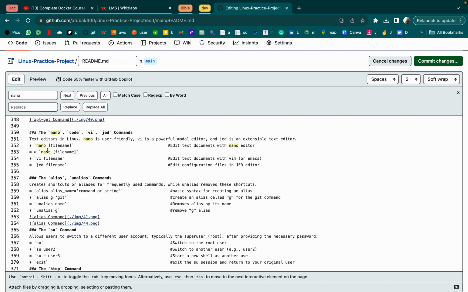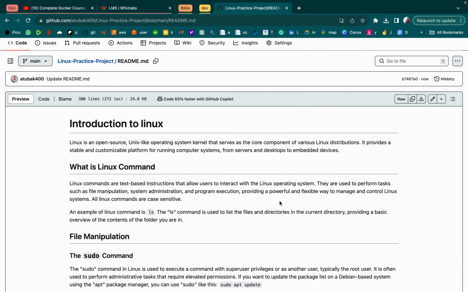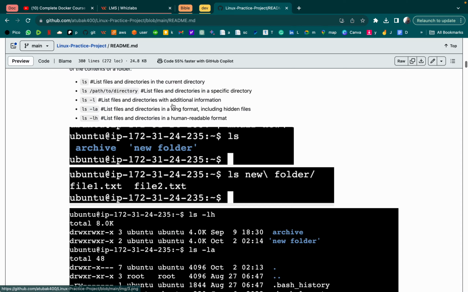So I come here and put, oops, I need to put the star, and I call this code. And then what do I write here? The code command edits text documents with the VS Code editor. Basically, that's that. So I commit my change, and right now this is GitHub. So it has saved. If I scroll down now,